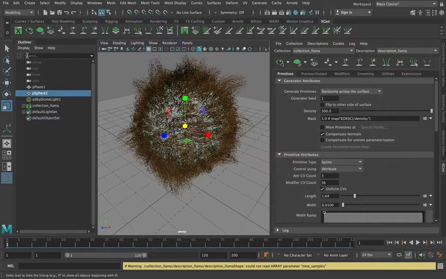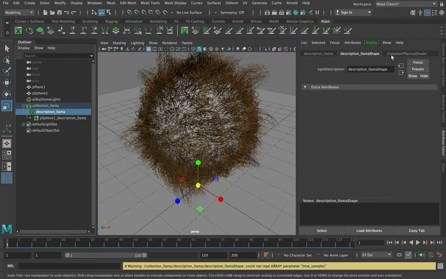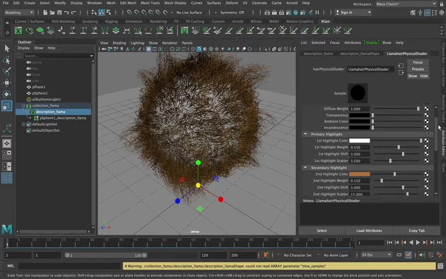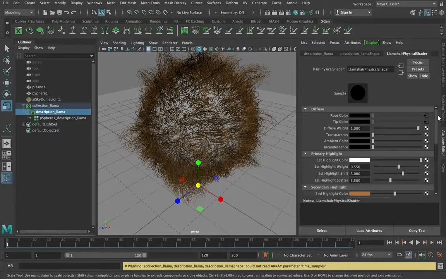Another thing I'd like to point out, in the outliner you have the collection. In this case, this is our collection llama. We have the description. With the description, if I open up the attribute editor, you'll see the hair physical shader. This is where you can change the color. And you have a number of things you can change here. You have the root color and tip color, which if I go back to my XGen window,